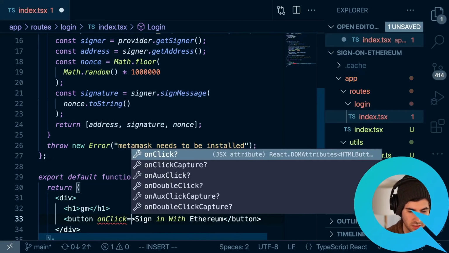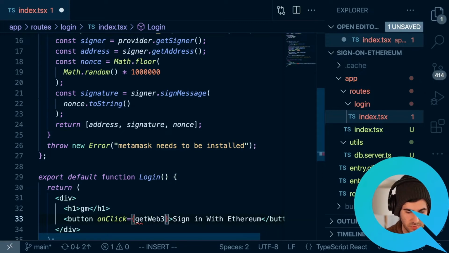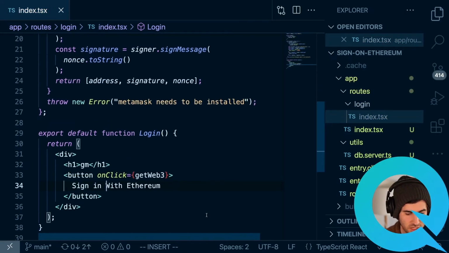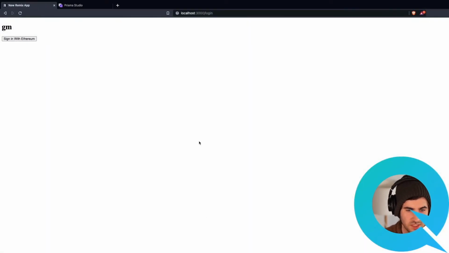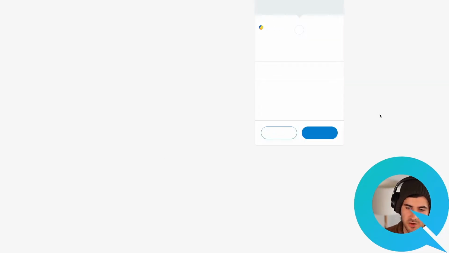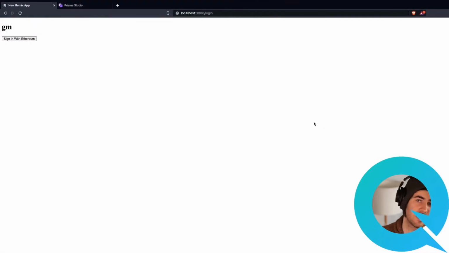With all of that, we can go ahead and create an onClick function. So we can say onClick, and we'll say getWeb3. We'll just check that this is indeed going to request a message here. If we click on sign in with Ethereum, I would expect MetaMask to open up, and we can see we've got these 6 digits that are asking us to sign. And if we sign it, it says okay, cool. Now we're not sending anything to the server, so that's all it's actually going to do right now. Our next step is taking all that information and sending it to the server and then authenticating the user.